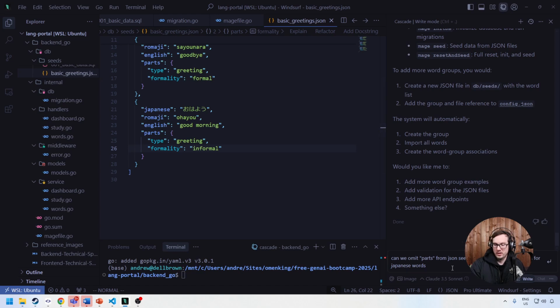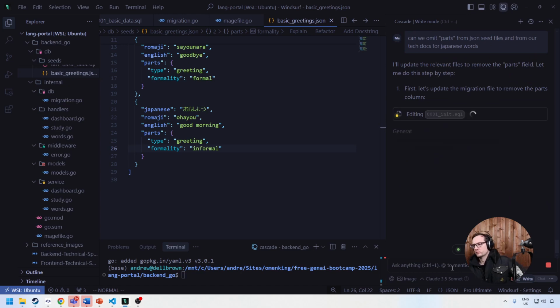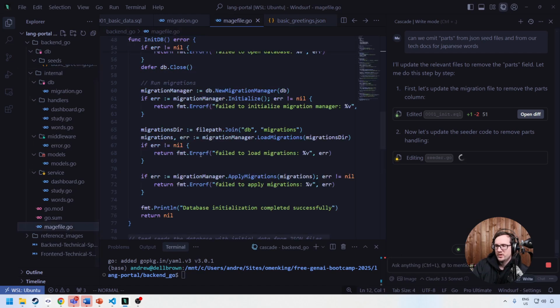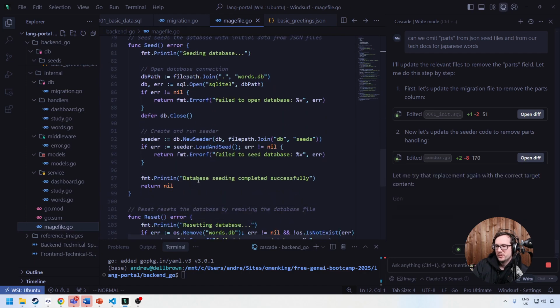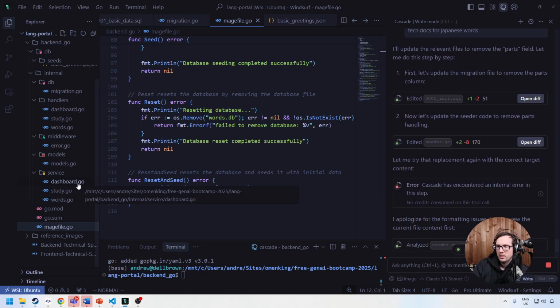So I'm going to accept this. I'm going to put this in here. Let me take a look and see what we have. So in our mage.go, we have our initDB, we have our seedDB, we have our reset, we have our reset and seed, which are completely separate. Well,